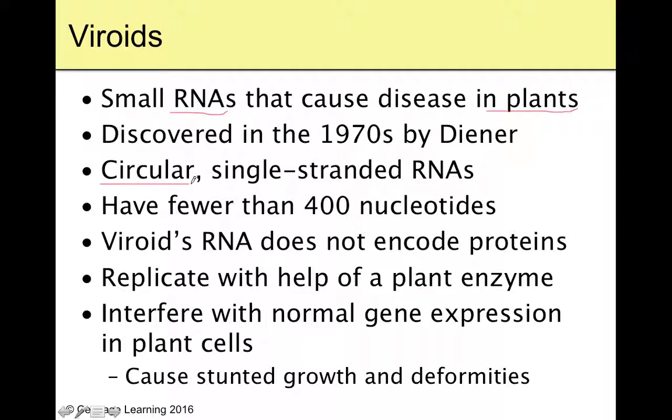They're little circular RNAs, single-stranded, no duh, RNA single-stranded, you know that. They're super short. I mean, 400 nucleotides, that's, in the world of DNA and RNA, that's nothing really. The viroid's RNA does not encode for proteins, and it replicates that RNA using the plant's RNA polymerase, which copies RNA. That's just what it does naturally for the plant. Then it'll just use that to copy the RNA for the viroid. And when it's using up all of that time and energy replicating the RNA for the viroid, it's not expressing the genes for the plant that it ought to be expressing.